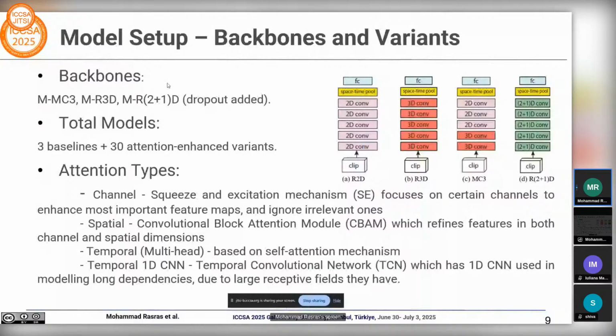For the model setup, we started with the backbones. We have the modified MC3, MR3D, and MR2plus1D, and added to them a dropout layer of 0.4 before the fully connected layer. In total, we have the 3 base models, and we have 30 variants, 10 for each, with different attention types. The attention types are the channel squeeze-and-excitation mechanism, in short SE, that focuses on certain channels